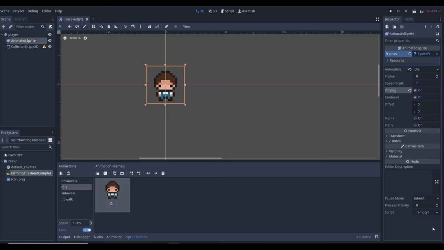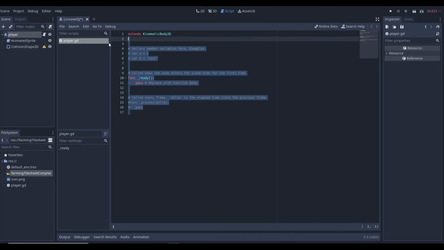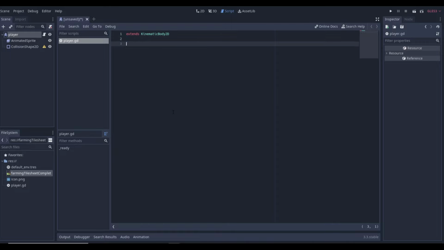So now that we have this, let's create our script. We're going to go up to our player, new script, player.gd, create. We can completely remove all this, and we're going to need some basic variables like the speed of our player, which is going to be equal to 50, that's fine. And then we also need a Vector2. So var motion is going to be equal to a Vector2